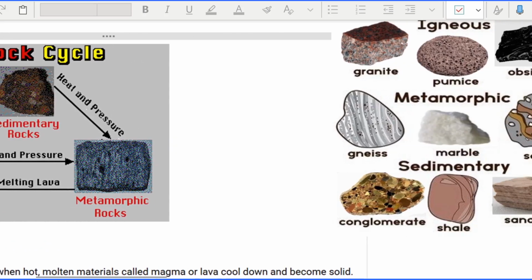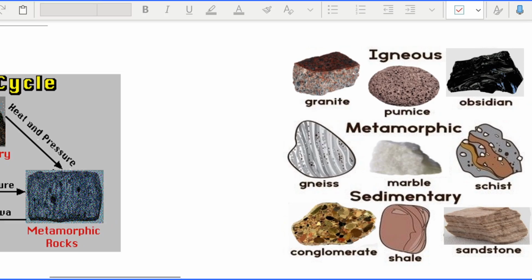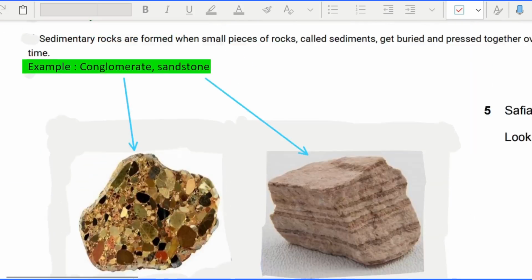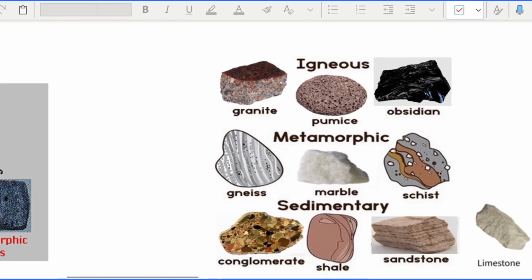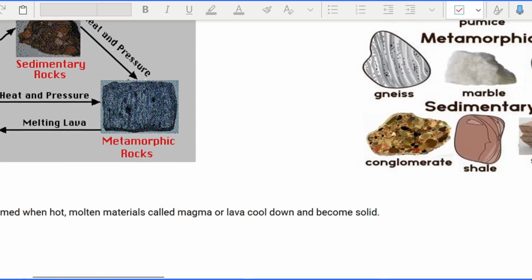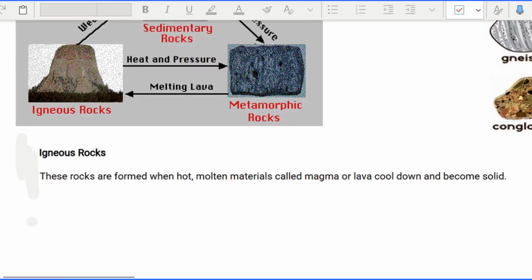Alright, these are examples of igneous rock: granite, pumice, obsidian. Metamorphic rocks, examples: gneiss, marble, and schist. Sedimentary rock, examples: conglomerate, shale, sandstone, and limestone. So what are these 3 types of rock? Igneous rocks